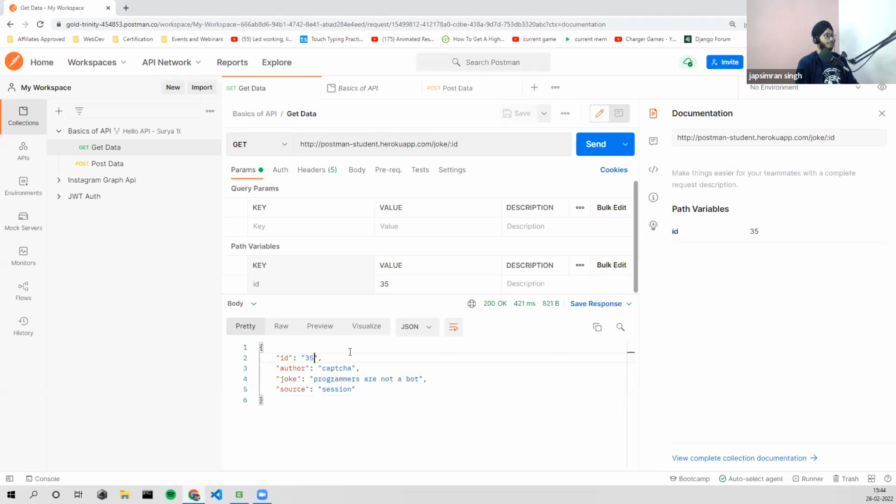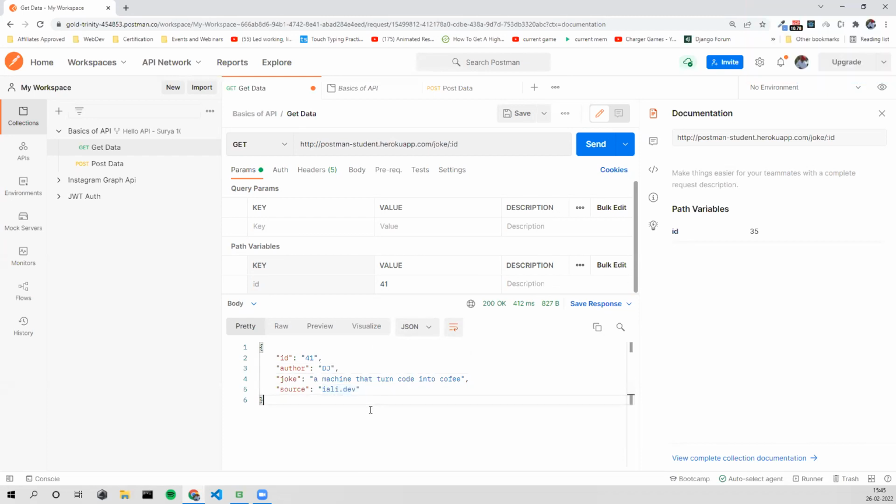Check for 41. Okay, 41. 40. Okay, not here again. 41. Author is DJ, nice name. A machine that turns code into coffee. Okay. I wish it could have happened. What if there's a machine, you write code and it makes coffee? Okay, that's a coffee machine, never mind.